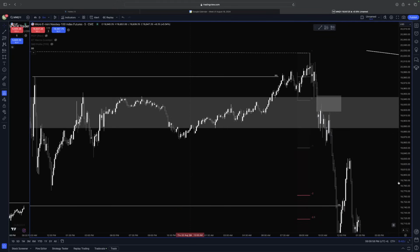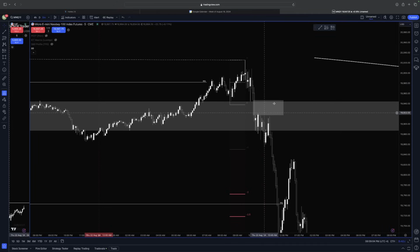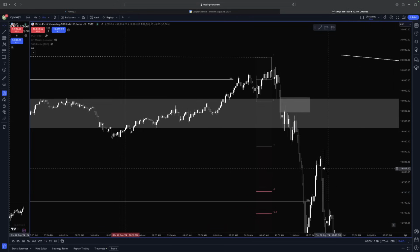Something I want to talk about today is that a lot of the time there are going to be trades like this when you're looking for that specific entry, and then it ends up running, and you start questioning, okay, did I do it right or did I do it wrong? That's what I want to talk about tonight when it comes to finding what that decision looks like. Number one,